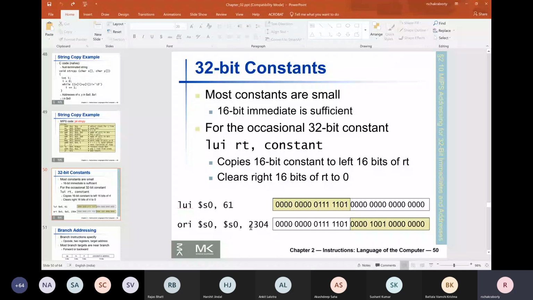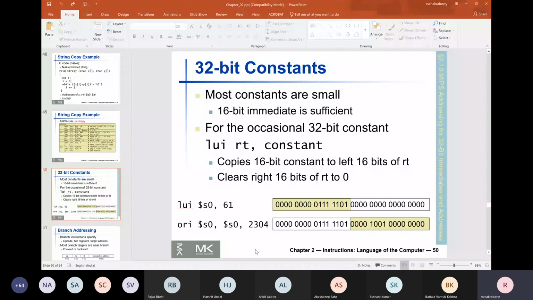So the overall effect is that the entire highlighted value gets stored into register S0. Okay, any question about this roundabout way of storing? This is conceptually important. If you do not understand, fine.